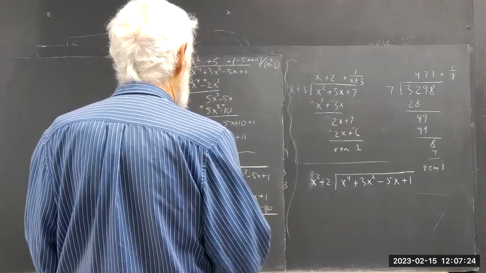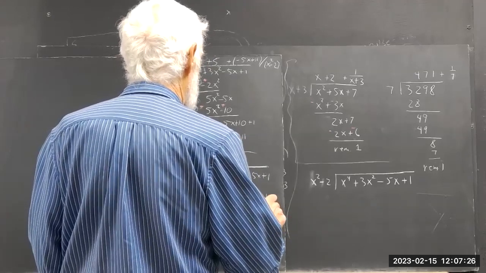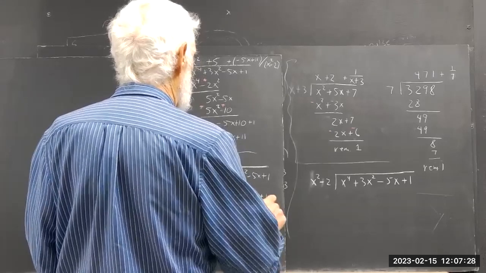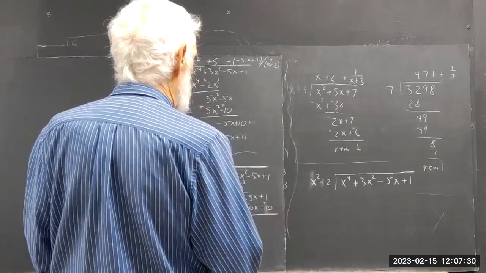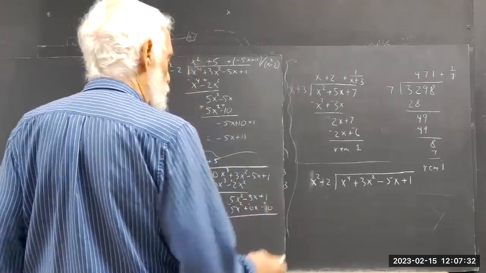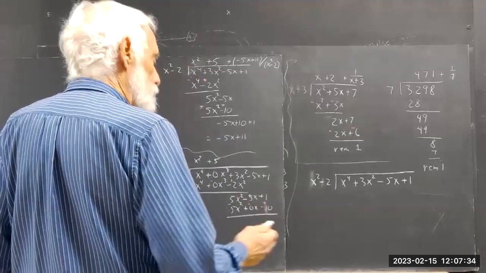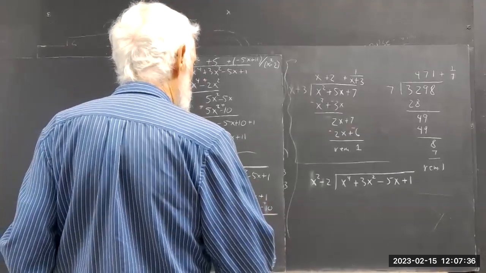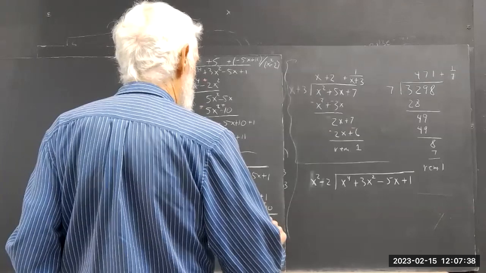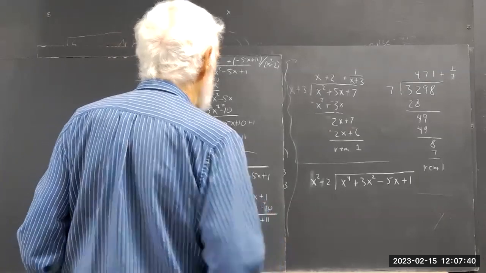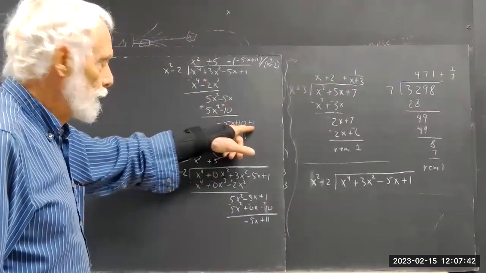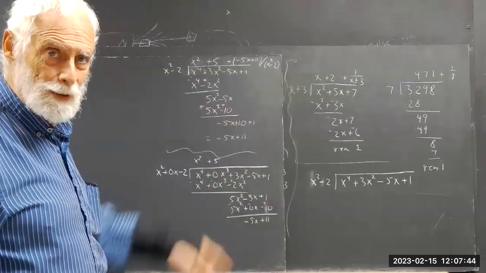Okay, then we know that that's going to be minus, that's going to be minus, that's going to be plus. Then we see that everything goes away, except well, we've got the -5x, and that's left. We don't have to do any arithmetic by adding a 10 to the 1,